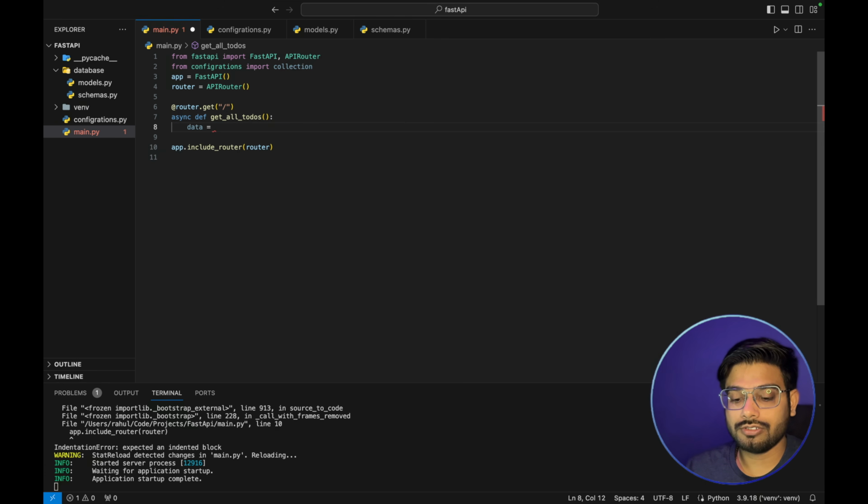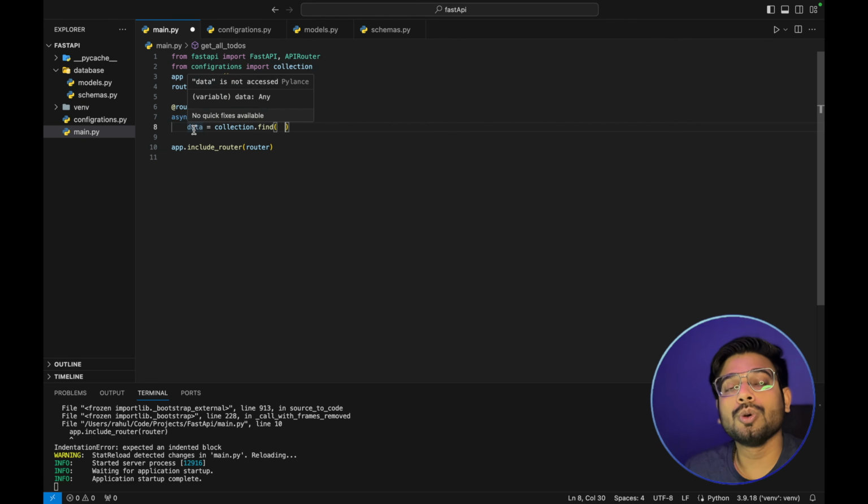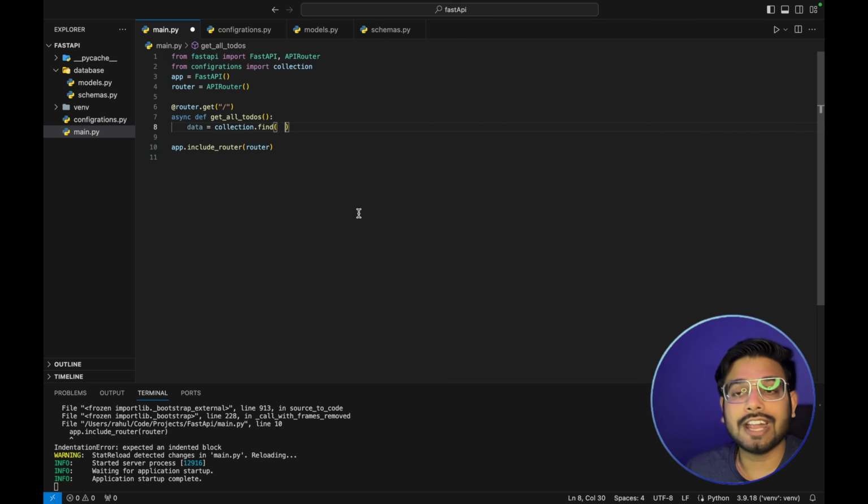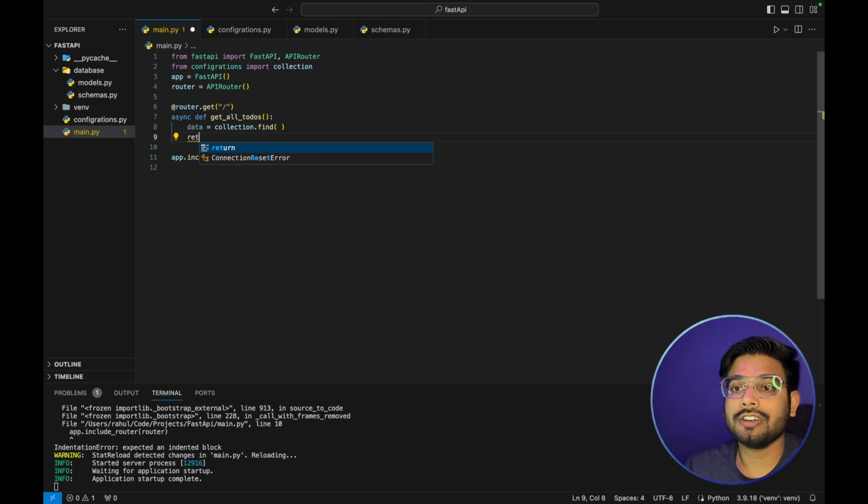Now let's write a query that is going to fetch everything. Data equals collection dot find, and if we pass blank in this find, it is going to return everything. And if we add certain queries, like if we want to fetch on the basis of IDs, we can pass it here, and in that scenario it will just return those documents which satisfy that condition. But here, as we want everything from it, we'll pass blank, and then here we can write return, and